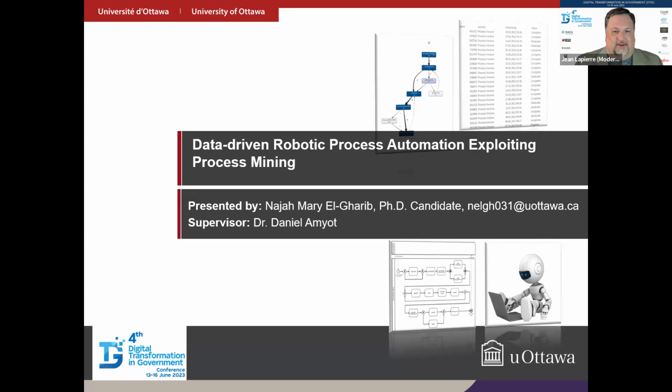And this afternoon, we're happy to invite to get a presentation from Najah El-Gharib, a Ph.D. candidate in Digital Transformation and Innovation at the University of Ottawa. Her research area focuses on process mining and robotic process automation, and how the two technologies can be integrated within organizations. She holds a bachelor's degree in computer science as of 2017 from the same university, where she also received her master's degree in 2019, and her thesis topic was using process mining technology for understanding user behavior